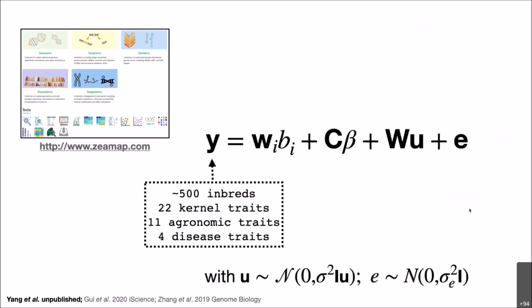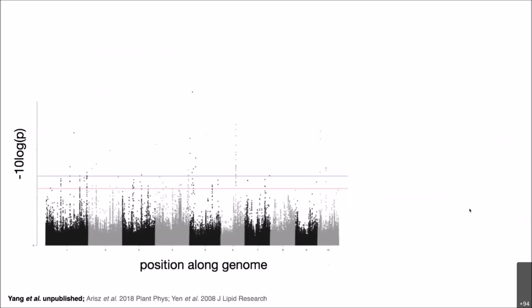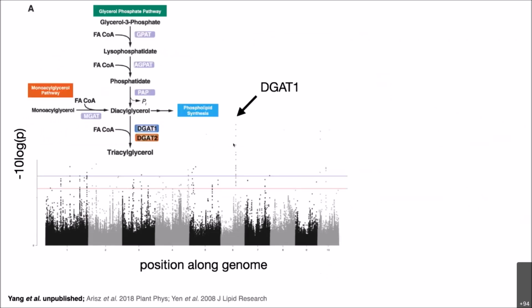And we did a simple association mapping analysis, where instead of using the SNP genotype, we use the ancestry at each locus and ask whether Mexicana ancestry contributes to phenotype. When we do this, we can build standard Manhattan plots with position along the genome and association with the phenotype. But now this is not whether a SNP associates with the phenotype, but whether Mexicana ancestry associates with the phenotype. And we can find some nice outliers like this one on chromosome 6, which is a known locus